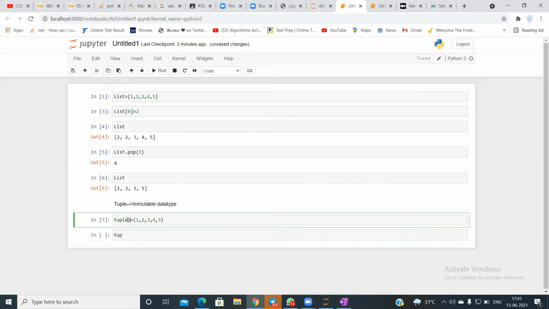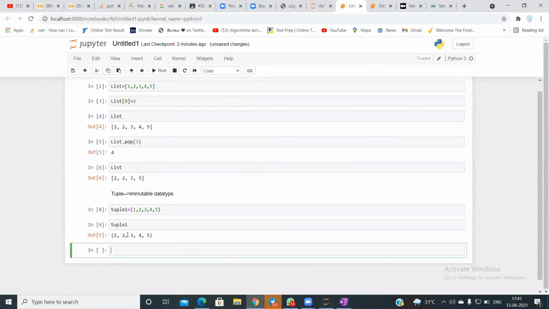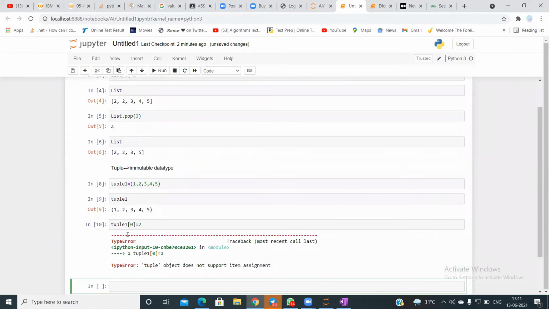I can't use the keyword tuple, so let me call this tuple_1. This is fine. Now, if I go and try to change the element of a tuple, it says that tuple does not support item assignment. Because you cannot change anything in a tuple. You can't change anything inside a tuple.